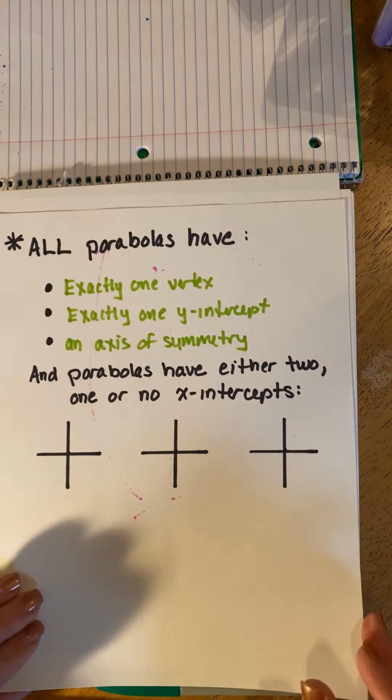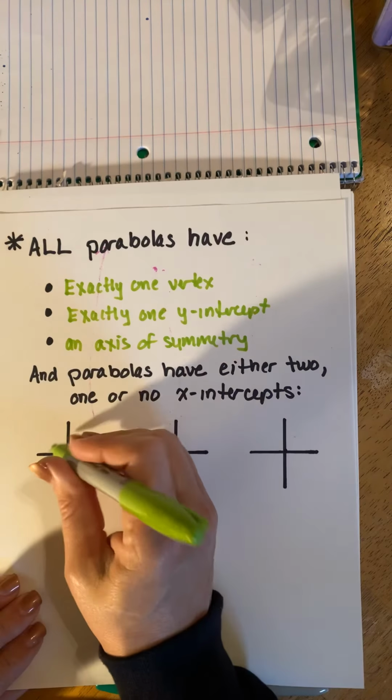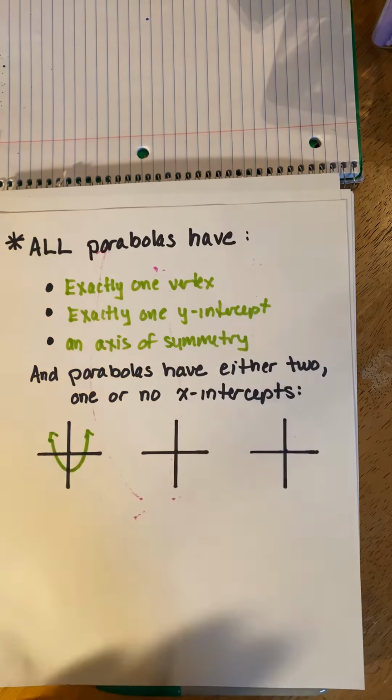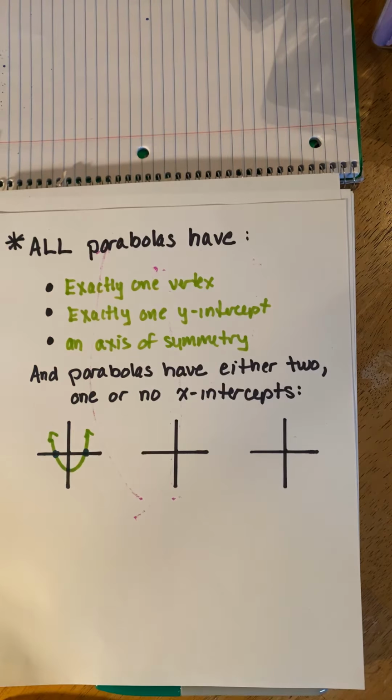And parabolas can either have 2, 1, or no x-intercepts. It has 2 x-intercepts if it crosses the x-axis twice, like in this scenario, 2 x-intercepts. It has 1